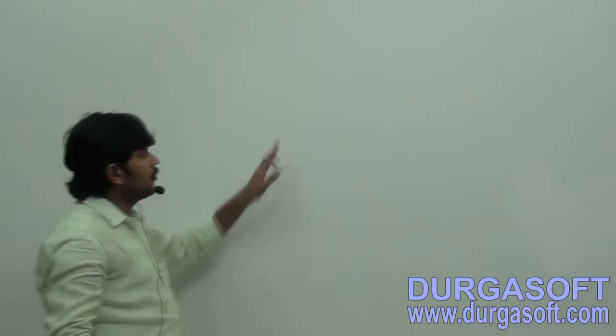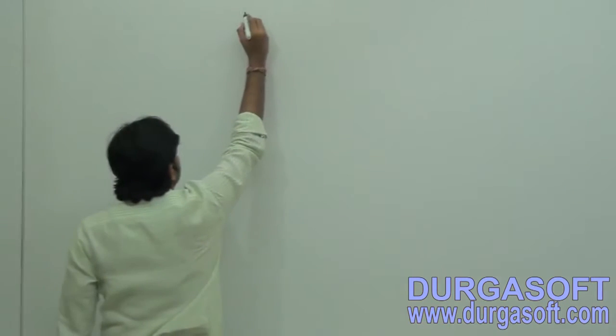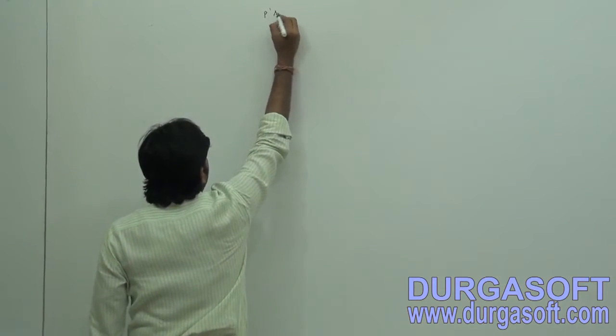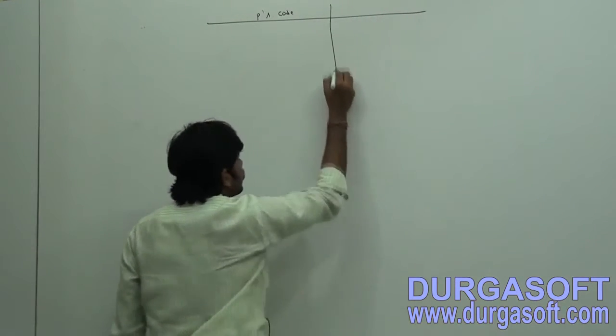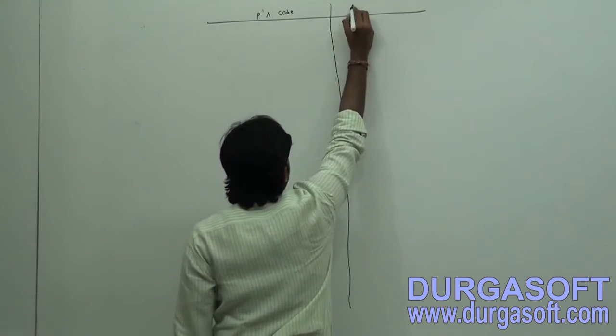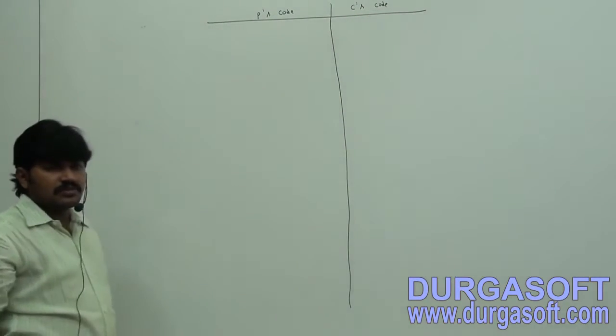Now make sure you people have clear clarity about this. The next thing I am going to cover: observe carefully. There are some examples. Will the compiler generate a default constructor or not? That part we will discuss. Here I am taking multiple examples. Assume that this is the P code and this is the C code. What is the P code?